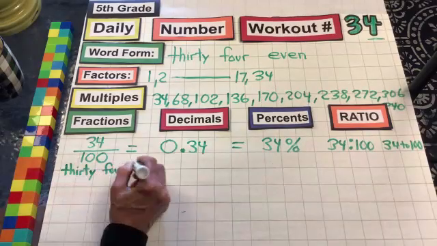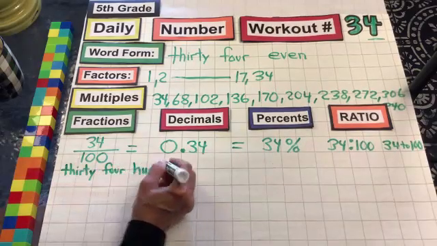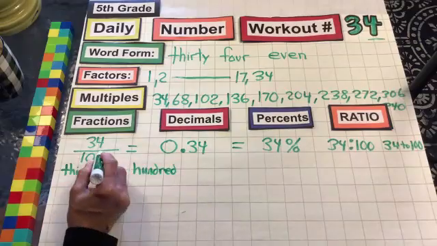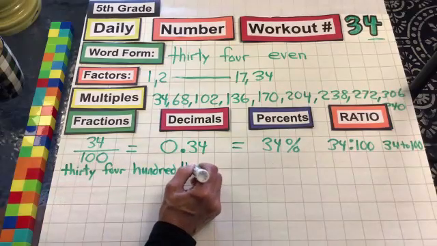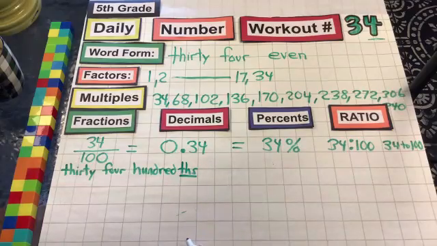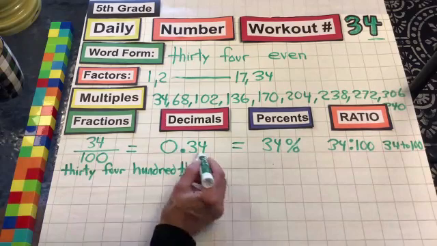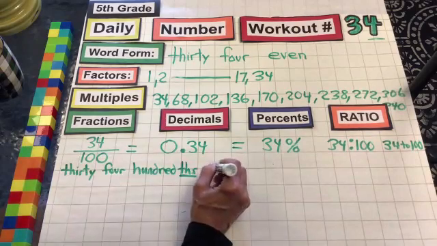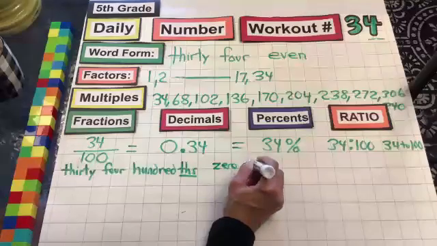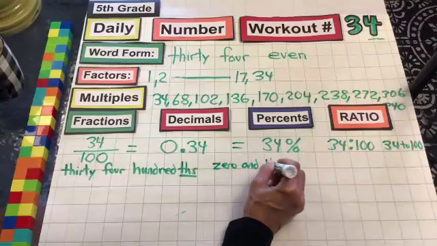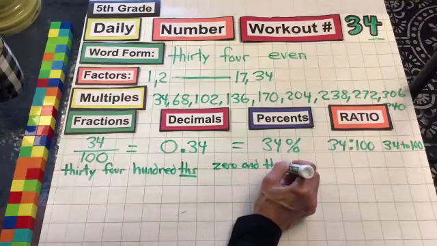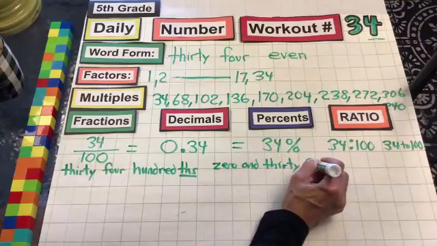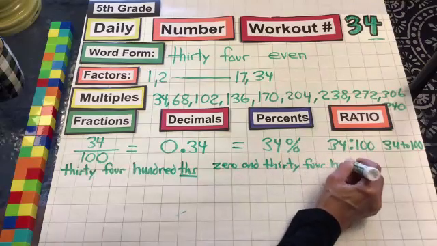34 hundredths. And remember, in word form, when we're talking about part of a number, we add the TH because that tells us it is hundredths. It is right of the decimal. And there we have it, right of the decimal, 0 and 34 hundredths